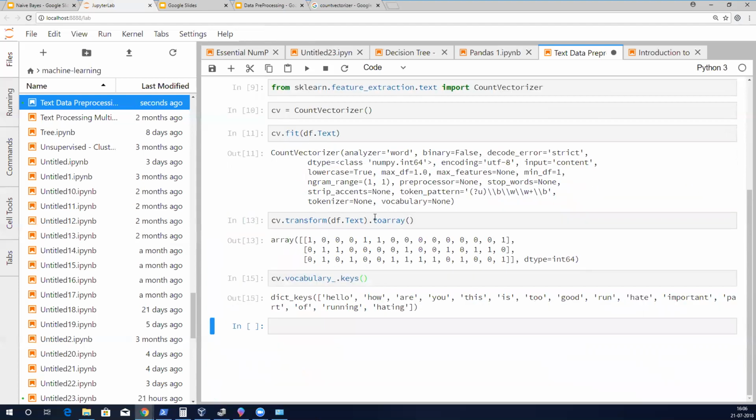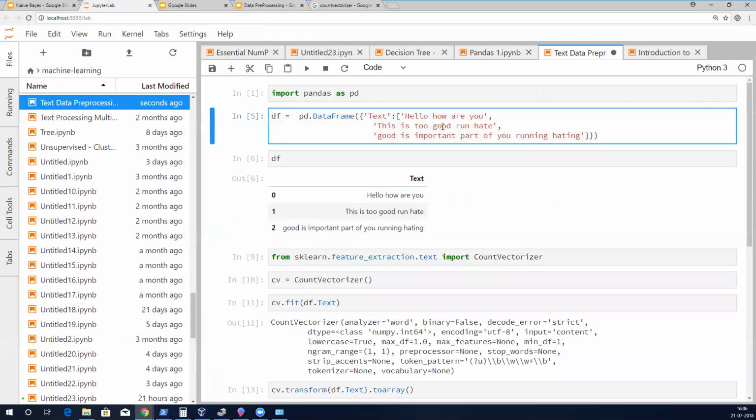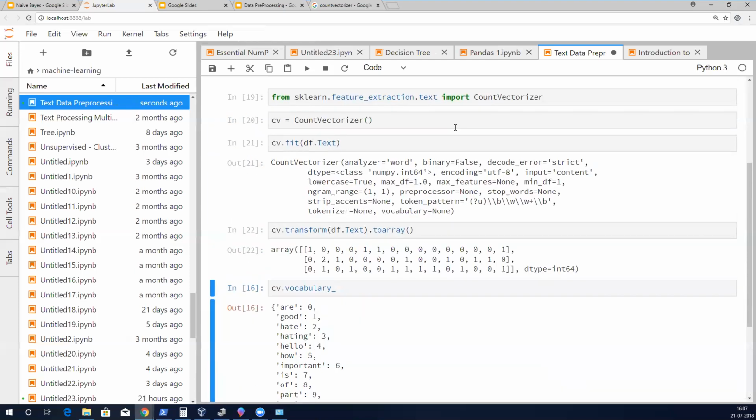So these are the words and these are the columns. The first alphabet is good. See, good is in both of them, this part also good, this part also good. If you write good 2 times, see here, it became 2. Is it clear?